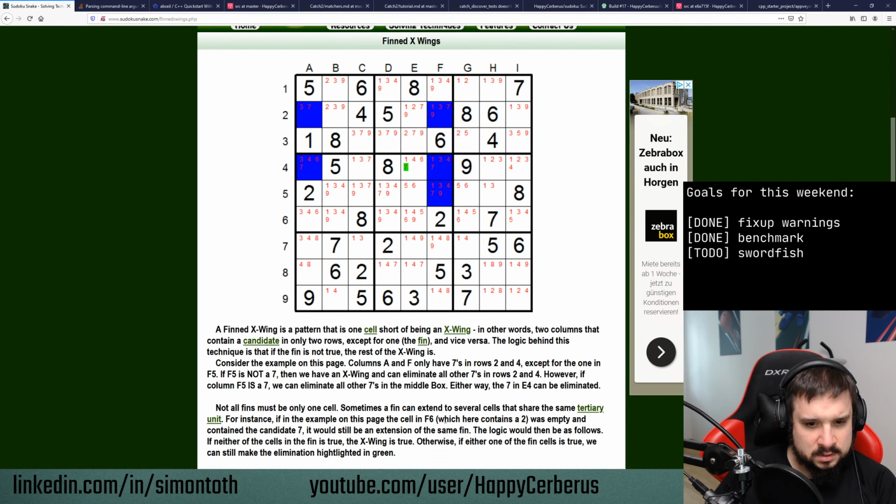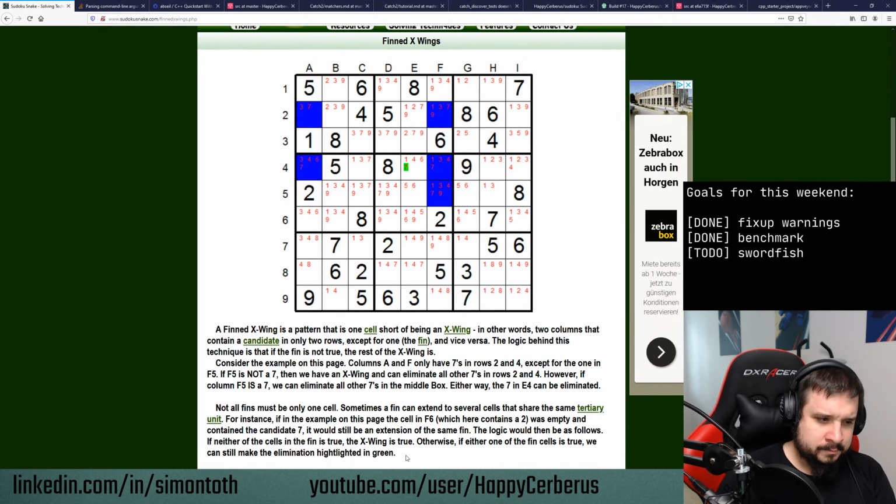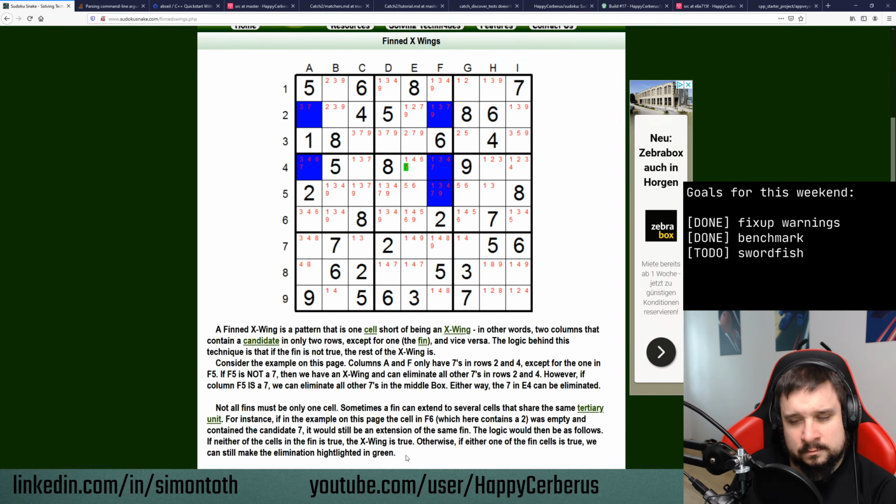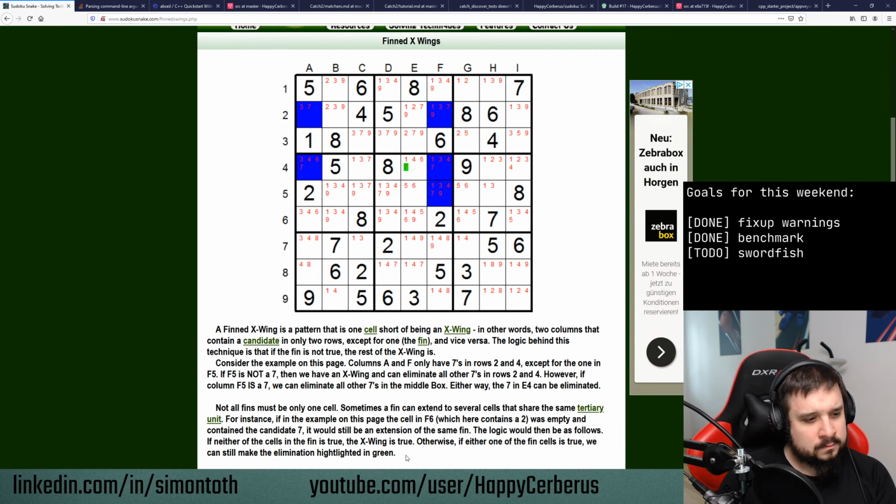If F6 was empty and contained the candidate 7, it would still be an extension of the same fin, yes. Yeah, but this really screws up the logic how we actually find the swordfish, because